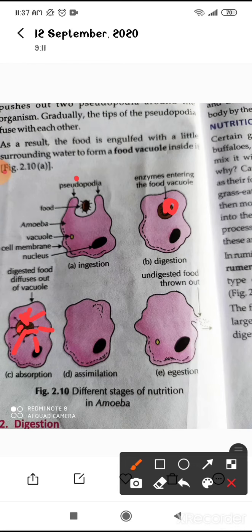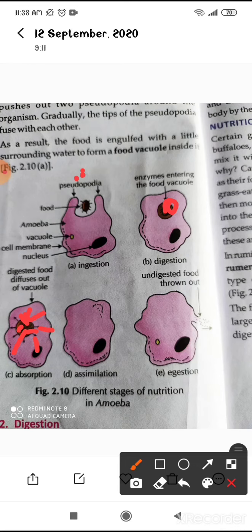Okay, the food of the amoeba, when it is digested, when it comes in the simplest form, it is absorbed inside the cytoplasm. It doesn't have to go anywhere else, there is no intestine, so it is just absorbed in the surrounding cytoplasm. And after that the undigested food remains. Assimilation: the digested food absorbed by the cytoplasm is stored or utilized for its growth, development, multiplication and release of the energy.